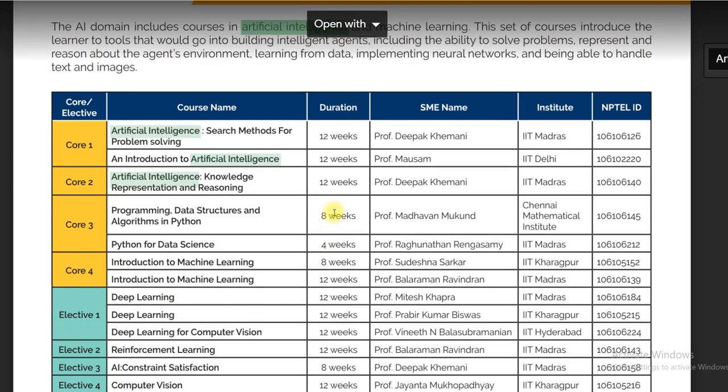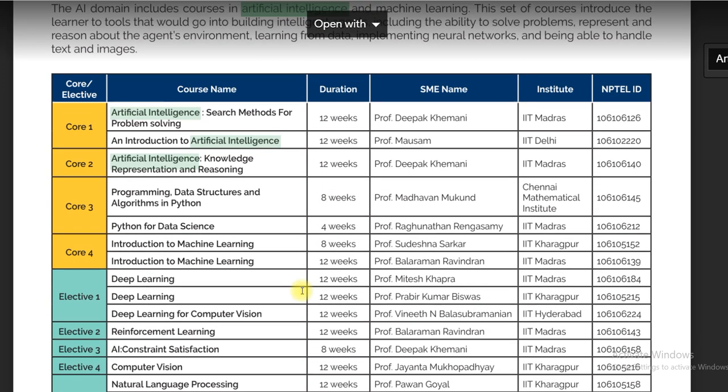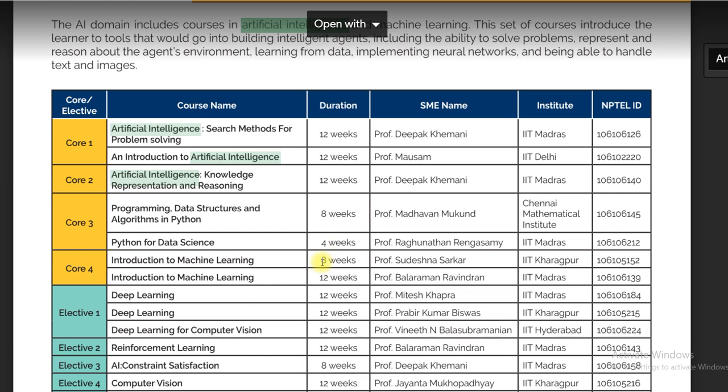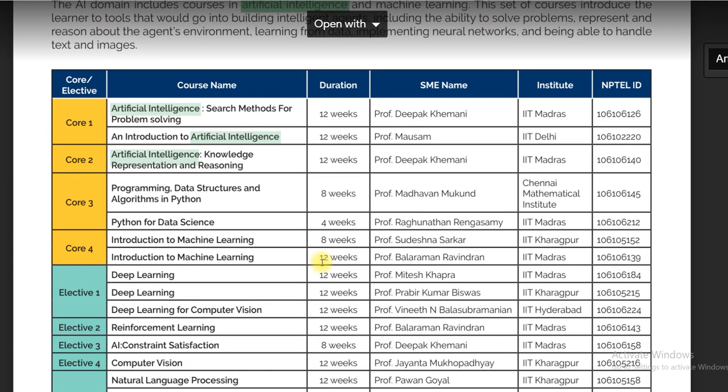But while you are selecting the course, guys, do remember that the duration of the courses must be 60 weeks or more than 60, while you are calculating the duration for your core and elective courses. So you go that way, the smart way. And guys, when you are enrolling in a course, check the exam date of the course.